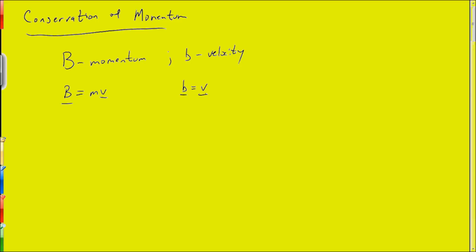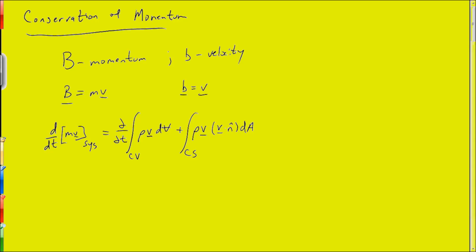If we substitute these into the Reynolds transport theorem, we see that the time rate of change of the momentum of a system, and I'll write it like this, is equal to the rate of change of the momentum in the control volume plus the rate at which momentum enters and leaves the control volume integrated over the control surface. So we substitute in B and we get rho v dot n hat